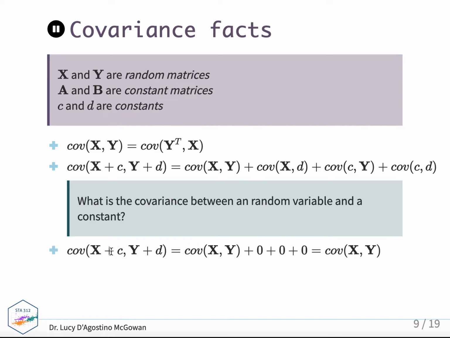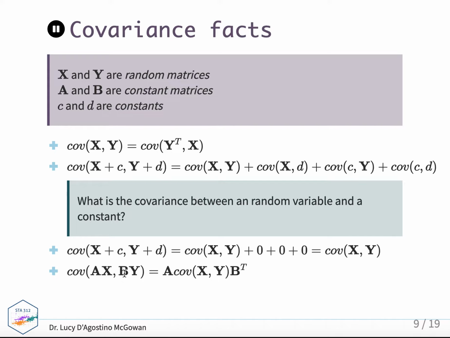These constants, adding them in, doesn't actually change the covariance at all. So there's not an impact from these constants. All right, now what if we have this type of situation where instead of adding the constant, here we're multiplying